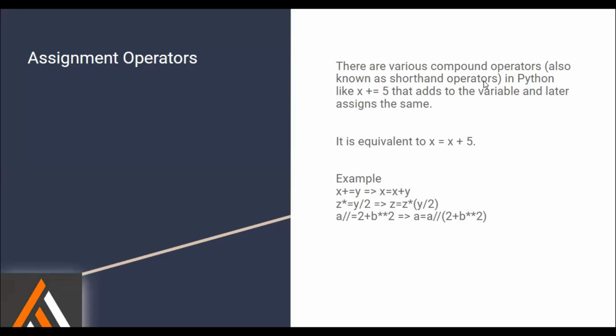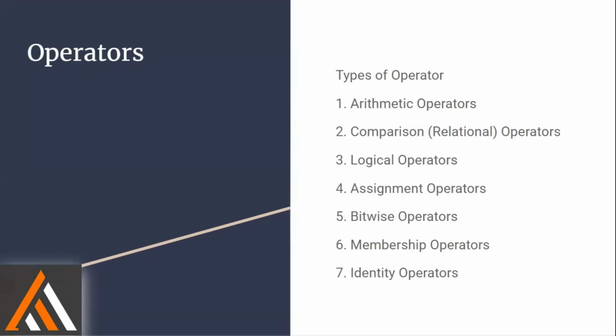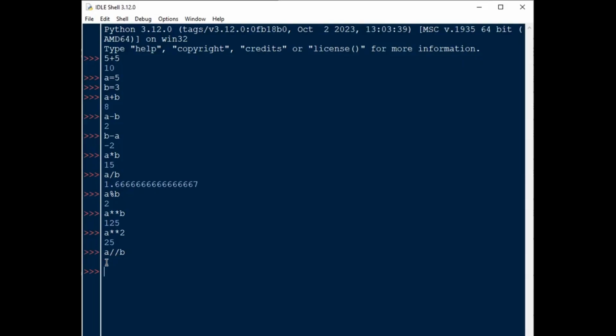So we have completed all 4 operators which we said at the start that we were going to cover in this tutorial. We'll give a quick recap. We started with operators, then we saw the categories of operators. Out of those 7 categories, we have taken the first 4 in this video. The first one was the arithmetic operator. Arithmetic operators help us perform arithmetic or mathematical calculations on numbers. In those operators, we have addition, subtraction, multiplication, division, modulo, exponent, and floor